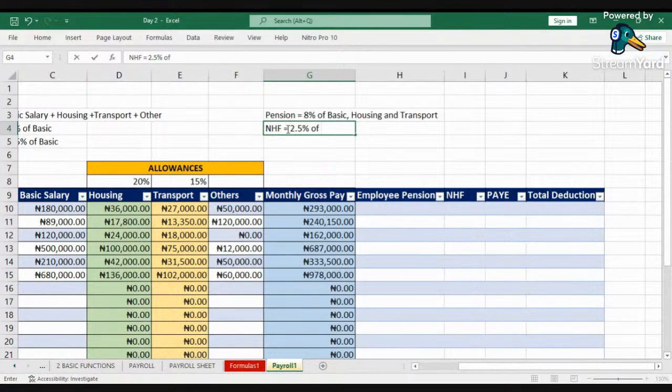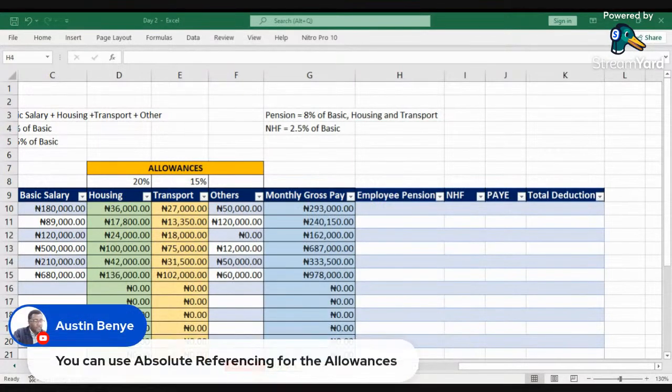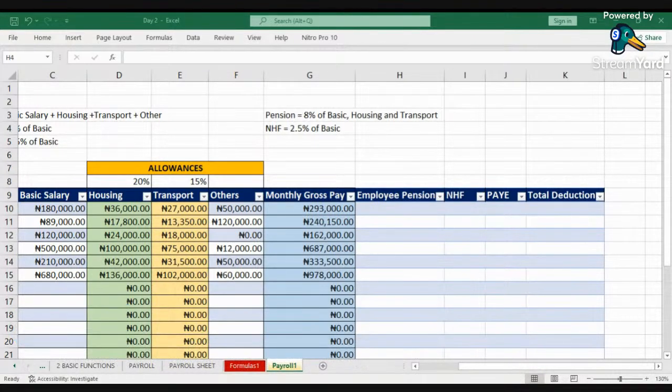while the NHF is 2.5% of basic. You can use absolute reference in the allowances. Oh, thank you very much. Okay, so somebody said, Mr. Austin, yeah. Let me reference what Mr. Austin just said. Mr. Austin, thank you for drawing my attention to this. Mr. Austin said you can use absolute reference. Okay, so